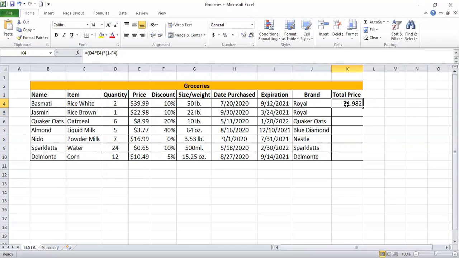Then this is the total price of this item.